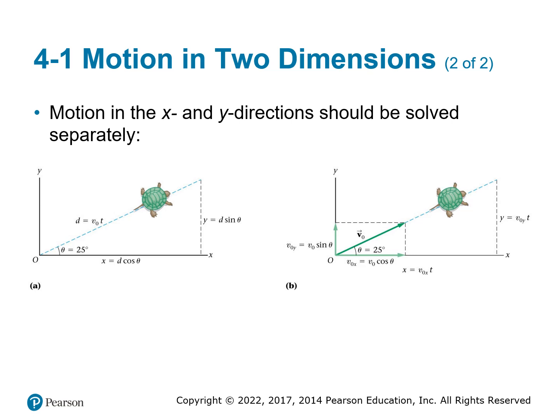So again, like we did in vectors, motion that happens in the x and y directions should be solved separately. So if you're going to solve something in the x direction, you better just do it for that component. And if you have multiple things in the x direction, then you can put them together because they share the component. But you cannot find x and y per se at the same time for your motion.